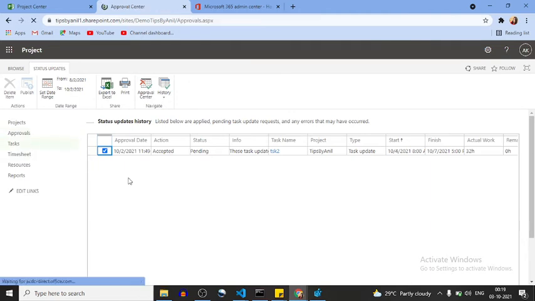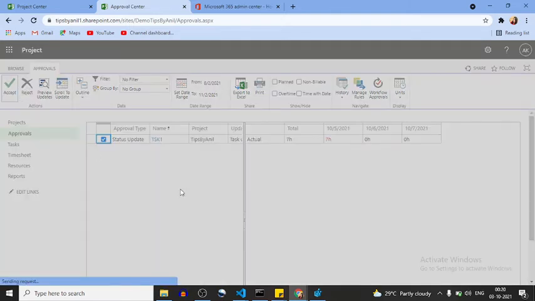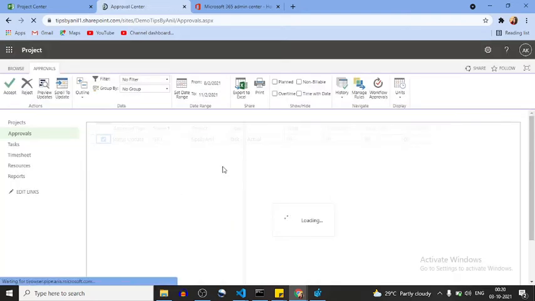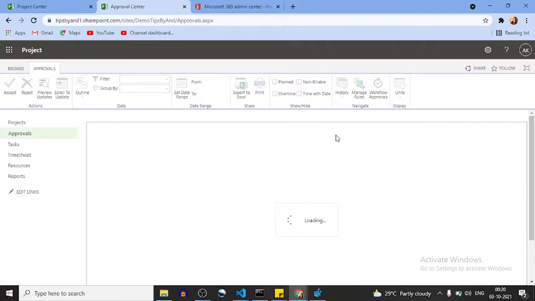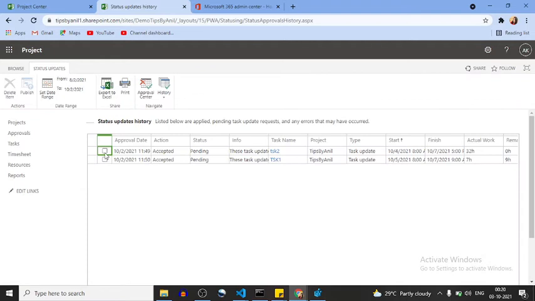So I'll go in approval center again, and task 1 I will accept. Click on OK. Now I will go in status and see task 1.